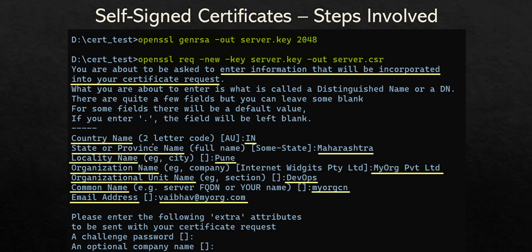Okay. Now, what all things does it ask? It asks for the country code. It has to be a two character country code, like I have given IN for India. State or province, I have given Maharashtra. Locality name, usually it is a city. I have given Pune. Likewise, organization name, some dummy organization name I have given. Organization unit, I have given that as DevOps. Common name, I have given as my org common name, CN. And email address, I have given